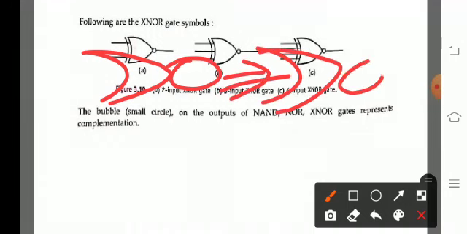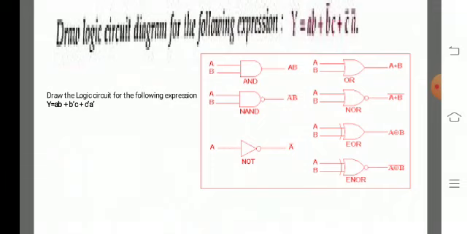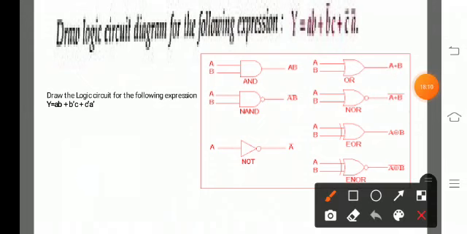NOR, XOR, XNOR. So like that, you have to differentiate the gate symbols. So now, this is the pictorial representation. AND gate, AND means multiply. So with A value and B value as input, A multiplied with B gives AB. Then OR: with A and B as input, A plus B will be the result.